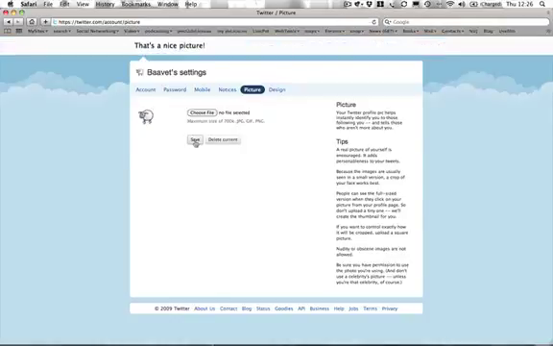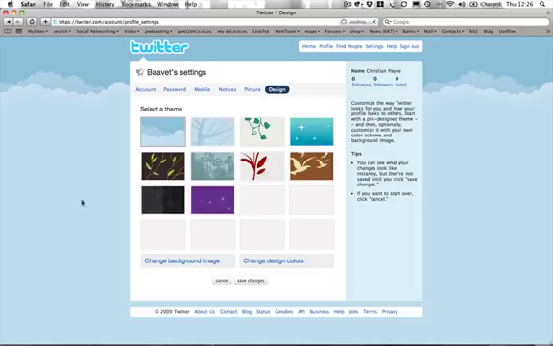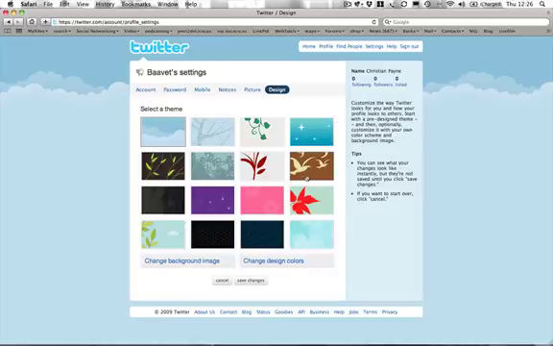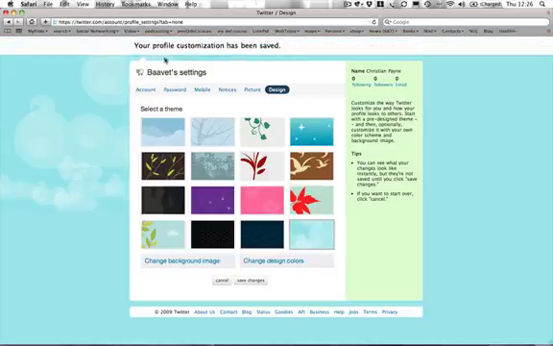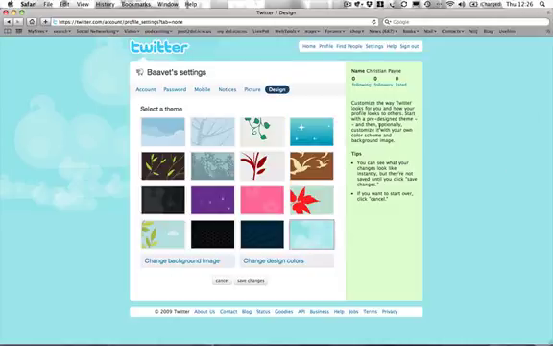I'm going to click design. Now this takes you to your kind of background settings, and there are some reasonably okay standard ones, and I'm going to use one of them for a moment. Let me use the one with, that's the old school Twitter. I'll use that for the moment, and I'm going to click Save Changes. So now it says my profile customization has been saved. Really, I will save a custom background there as soon as I can. So if I go home,